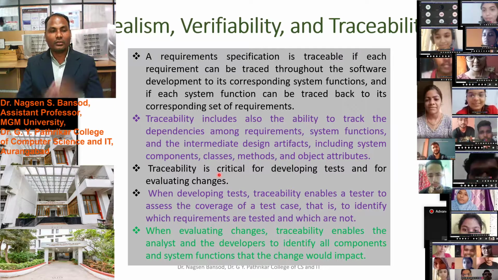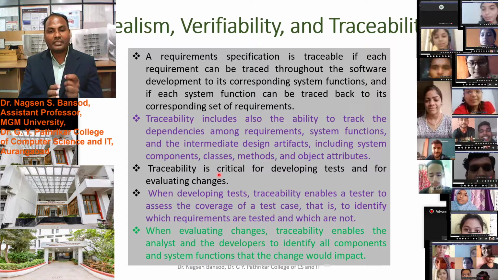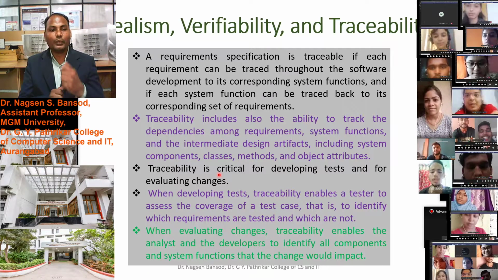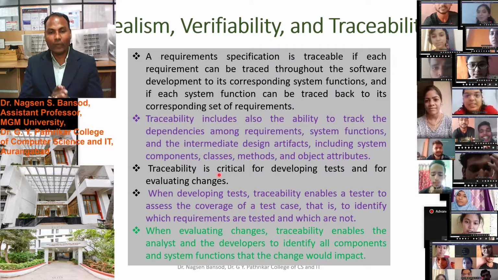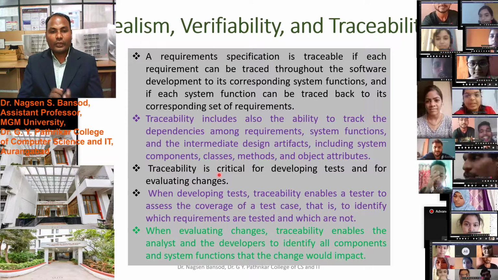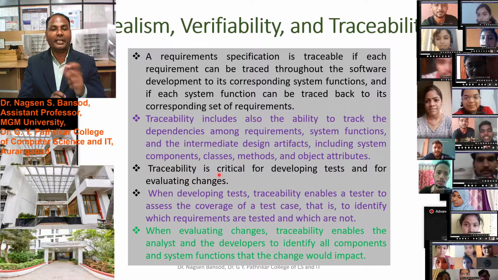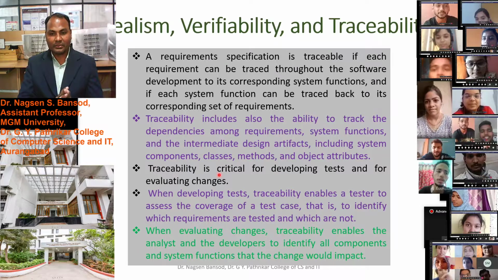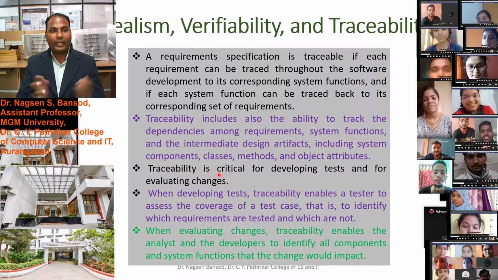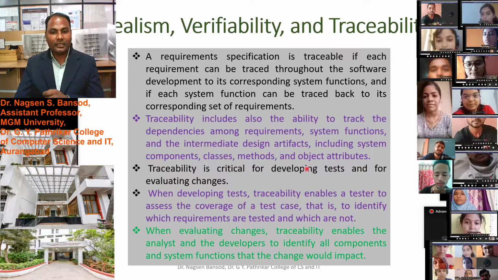It corresponds to all the functions, and the functions can be traced back to their corresponding set of requirements. It also includes the system functions and intermediate design artifacts, including component classes, methods, objects, and attributes.